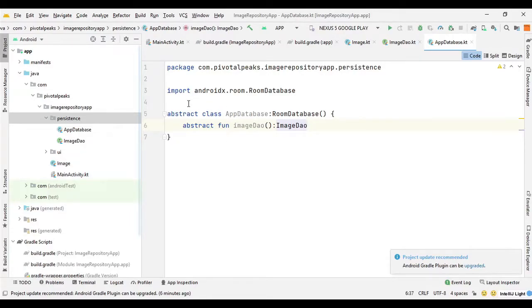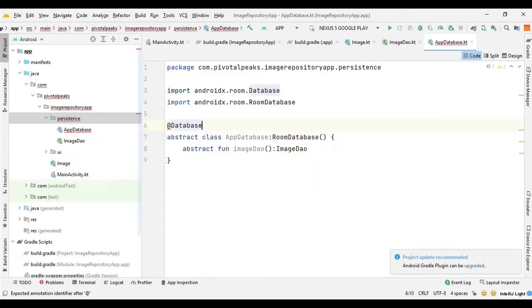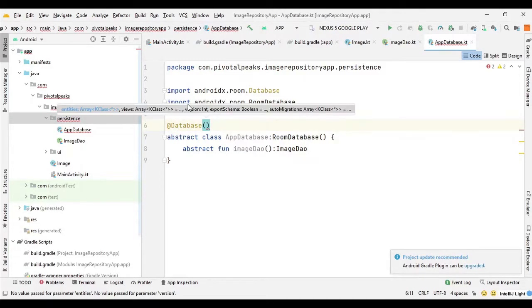Now we need to annotate this class with the @Database annotation. So @Database, and we need to provide some parameters in this annotation. So the first parameter will be entities. So entities, and we can provide it in brackets.